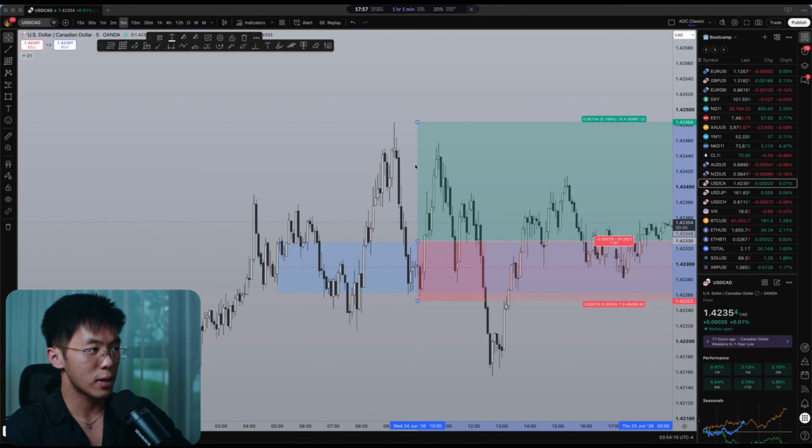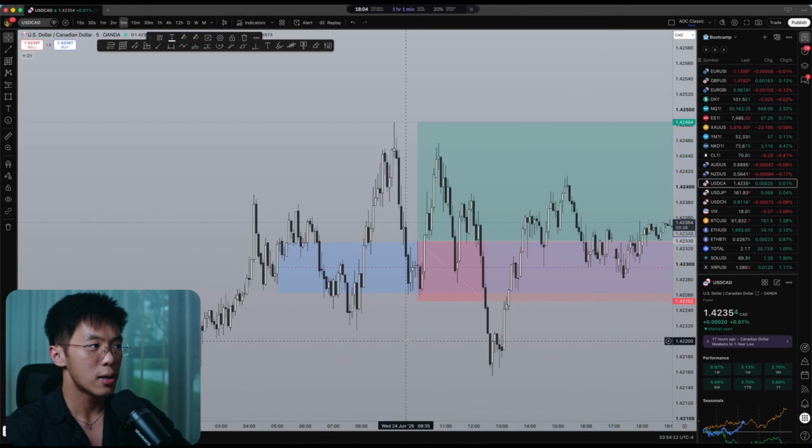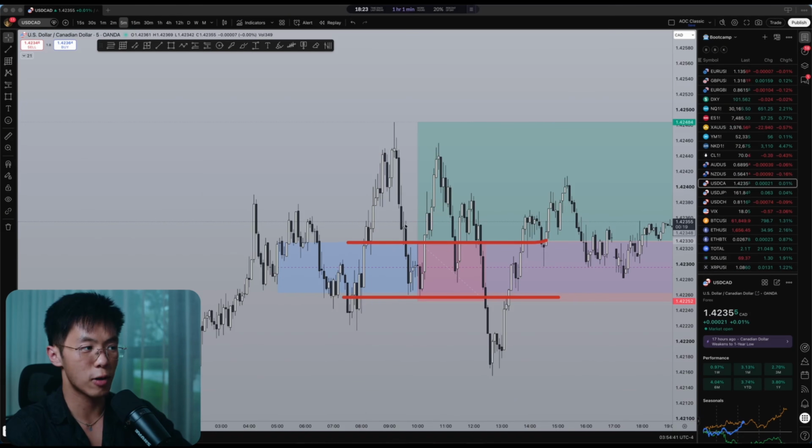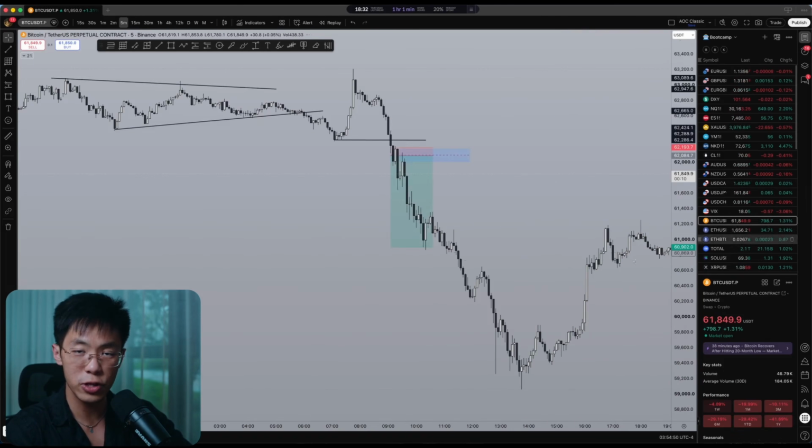You got the CISD basically at 10:15, and by the time you retrace back into it, you kind of break through it. But this is what you want to look for. Once you come into the PDRA, you want to see some indication that there is a potential 5-minute bullish order block you can take advantage of. You want to see a movement to the upside that breaks order flow. I have an idea that price will bounce from this 1-hour PDRA, but I also need the market to agree with my idea before I dive right into it. That is what the 5-minute confirmation is for, and that is what you should be looking for.